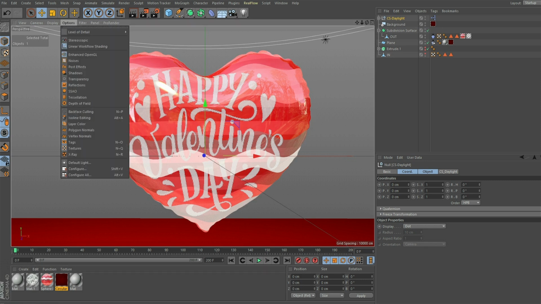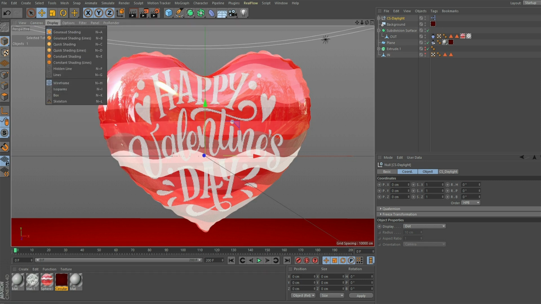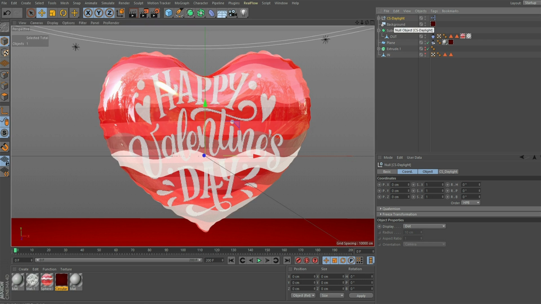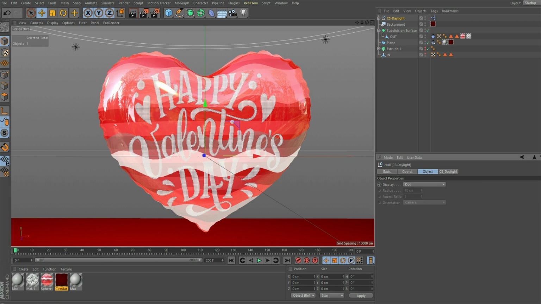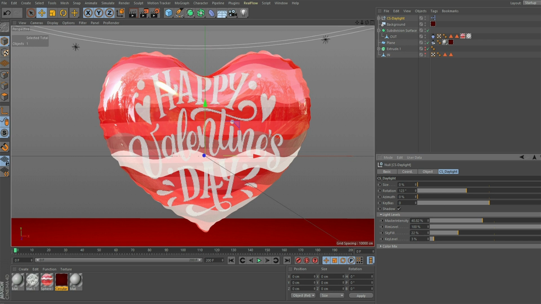So what I go to is Options. We have Gorilla Shading selected already. And I went ahead and chose the object, the daylight settings. We'll go ahead and go through these settings. So right now we have the rotation. Let's go to our